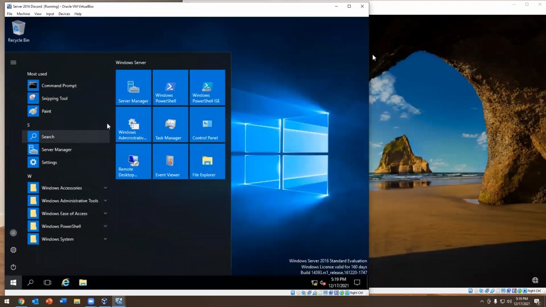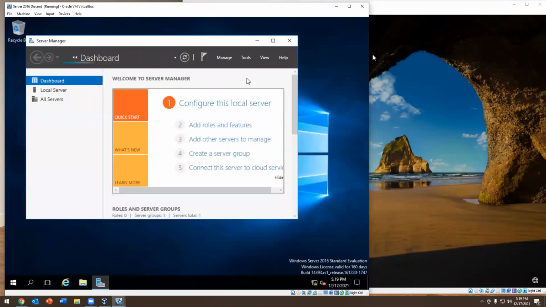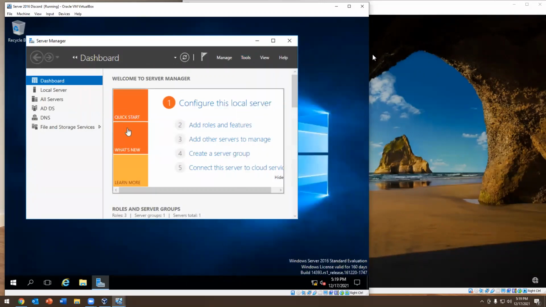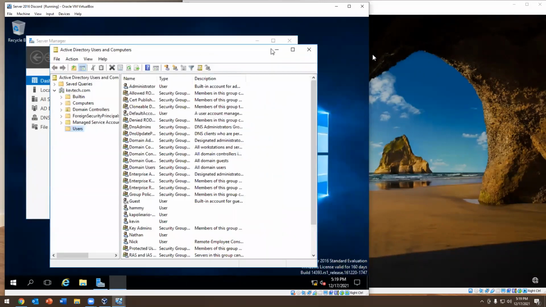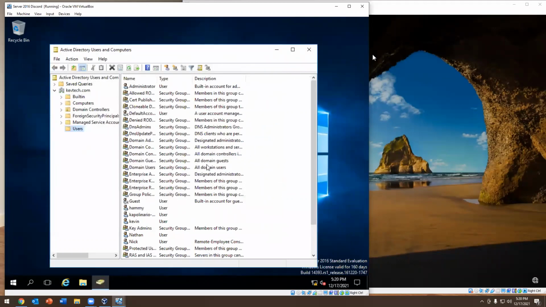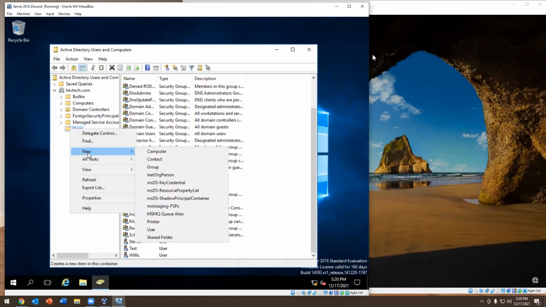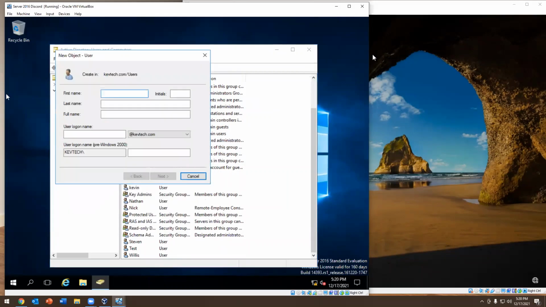So the last thing I want to go over is go to Server Manager. We're going to go to Active Directory Users and Computers. And we're going to go here. And I want to create another account. And for the sake of today,